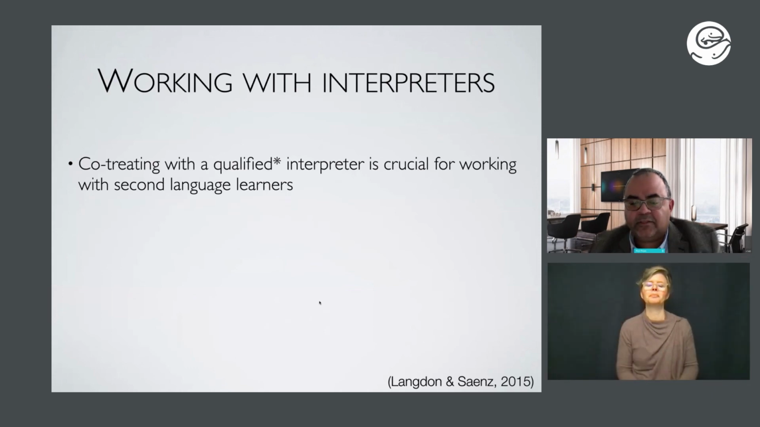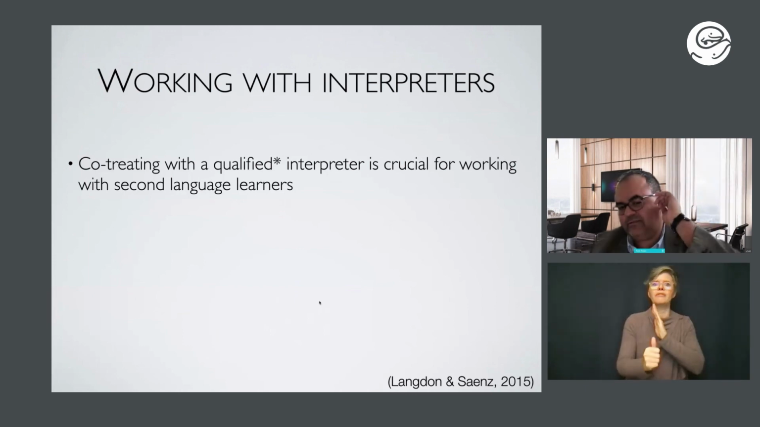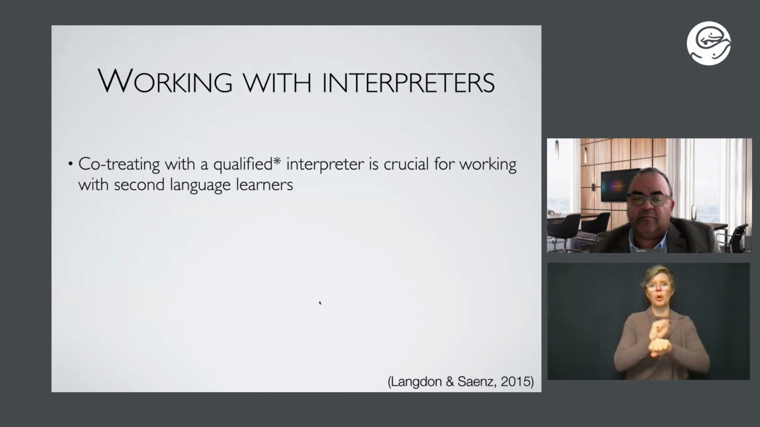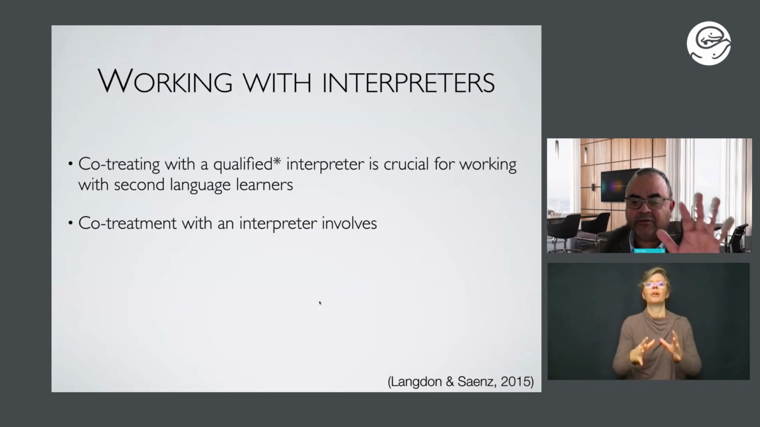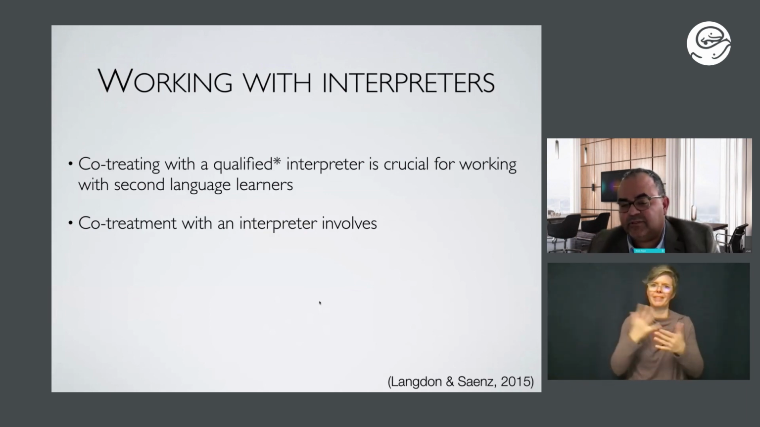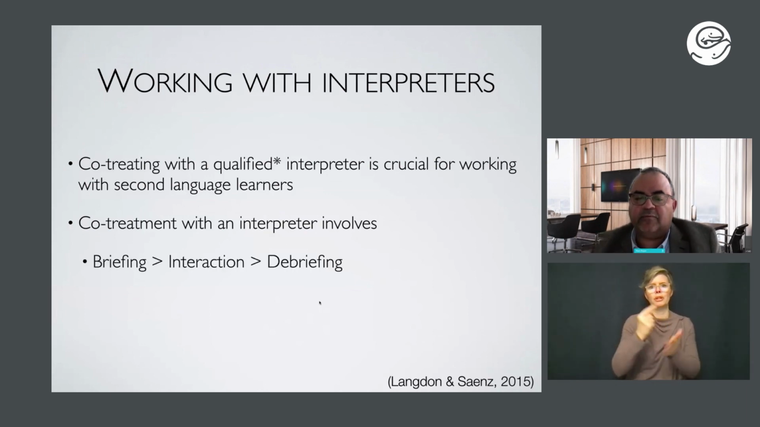And this is the last slide, which is working with interpreters. I have qualified interpreter with a little asterisk because the definition of that is very tough to achieve. Most of the time we work with paraprofessionals in the schools. But having interpreters is really important for intervention and assessment, but especially in intervention, you're doing co-treatment essentially, right? The interpreters are with you. And this is a framework that's highly recommended, which is